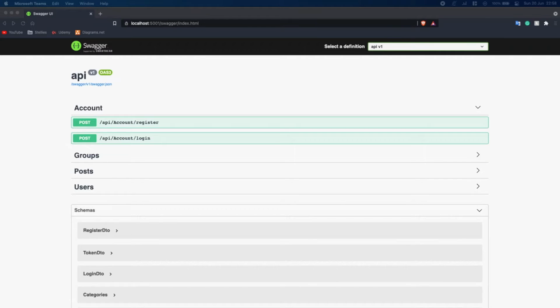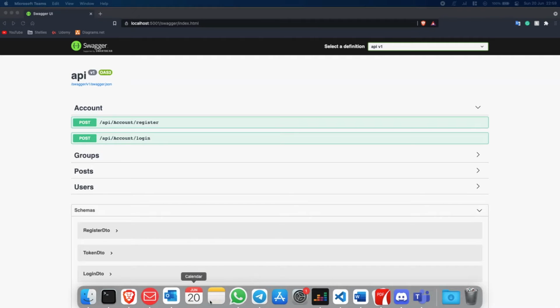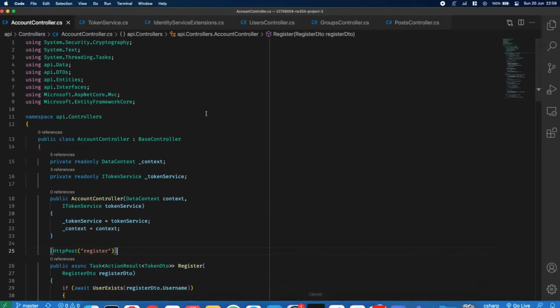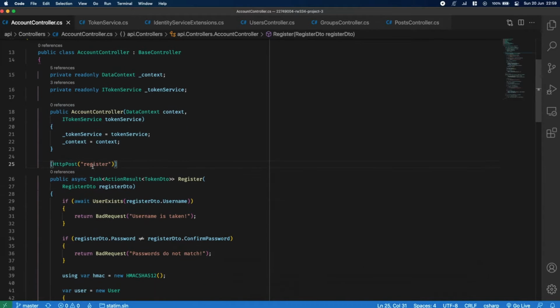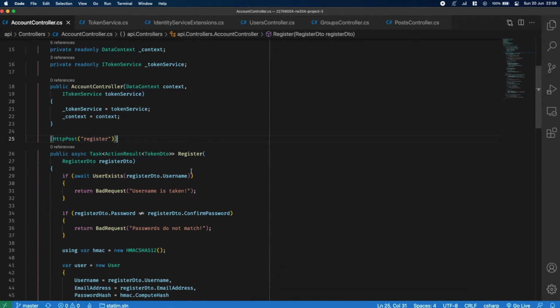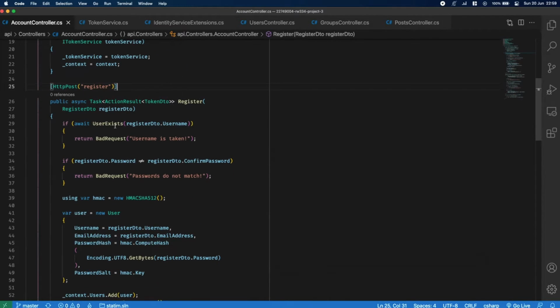And now moving on to the backend API of Statim. Here we can see that we have the account controller with two endpoints for register and login, which access the database for validation. The account controller links the register endpoint to a register function where it queries the database